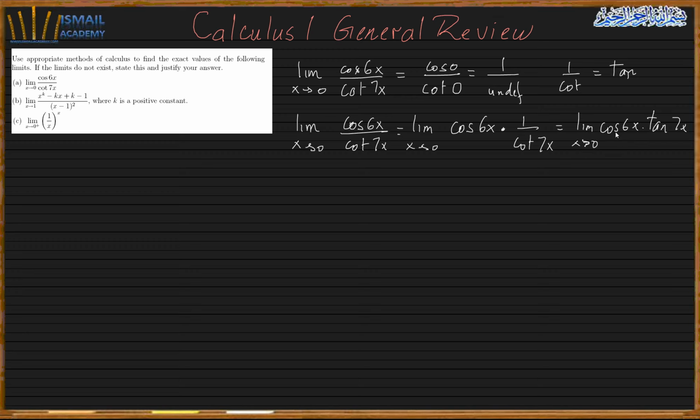Now we know that cosine of 0 is 1 times tangent of 0 is 0, so the limit will be 0. So the limit of cosine 6x over cotangent 7x when x goes to 0 is 0. That was A. For B,